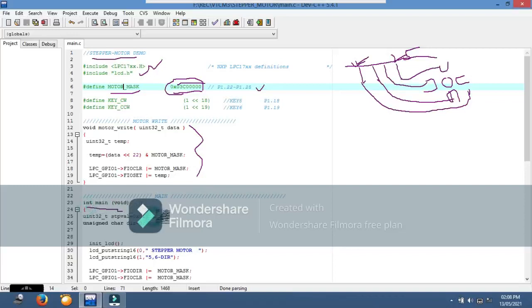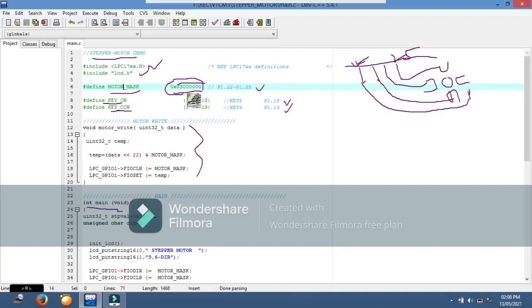Before we go to the main program, let's see these variables. Here we define two values, key clockwise and key counterclockwise. We are using two hex keys here, one to rotate clockwise and another to rotate anti-clockwise.